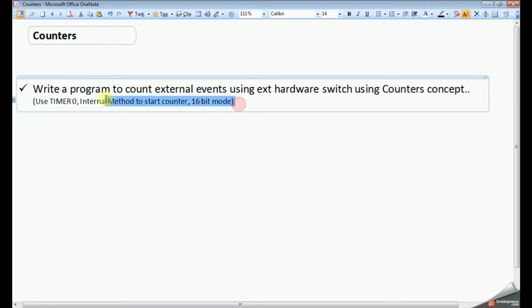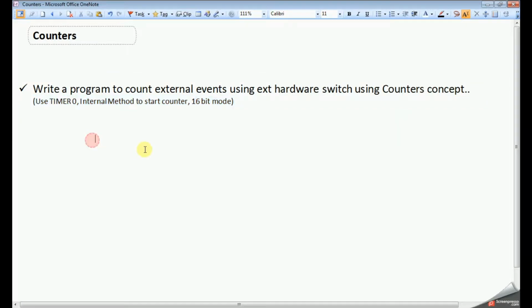So this is our program. We need to write a program to count external events using external hardware switch using counters or timers concept in 8051. We need to use timer 0, internal method to start the timer or counter, and 16-bit mode. We already discussed what's the TMOD value for this configuration.